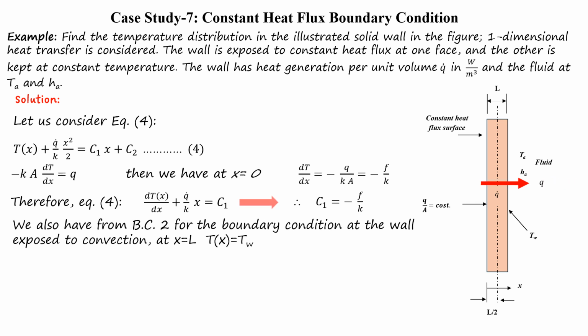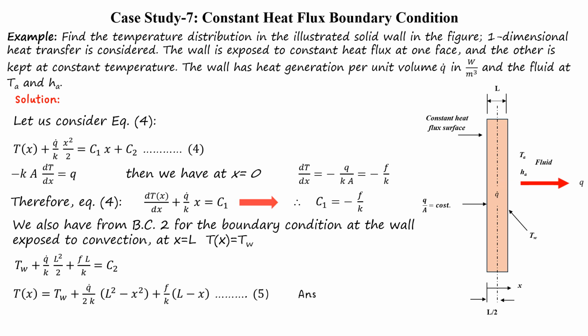Also, we have a boundary condition at x equal to L that the temperature equals T sub W. Then T sub W plus Q dot divided by K, L squared divided by 2, plus F L divided by K, equals C2. If we substitute the values of C2 and C1 in equation number 4, then equation number 5